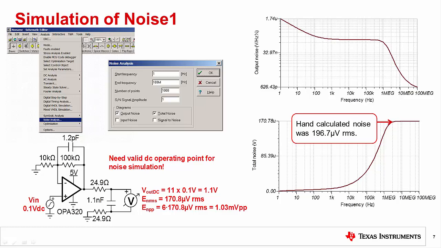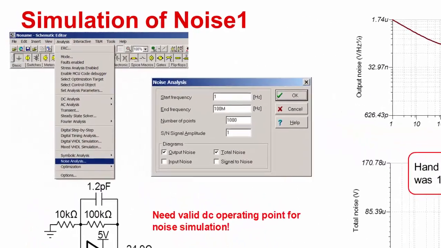This process is much simpler than the hand calculation, so many engineers skip the hand analysis. However, the hand calculation is well worth the effort as it gives you better insight into the origin of noise sources than the simulation does. Furthermore, solving the problem two different ways is a good way to confirm that both the simulation and hand analysis are correct. For example, if your simulation circuit had a wiring error or a model issue, you wouldn't know that you had a problem unless you had a hand calculation to compare your results to.